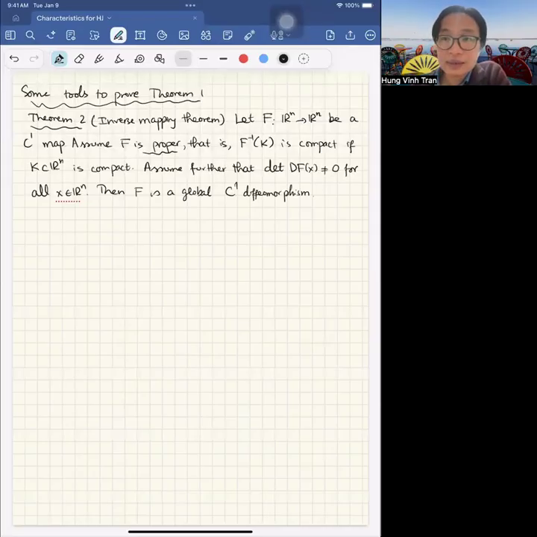And this is often done in multivariable calculus. The local result is clear. For the global result, to have F be a global C1 diffeomorphism, I would again need to assume that F is proper, right? And assume a little bit more: I take a compact set, then it maps to a compact set, and vice versa. If I take a compact set here, it has to map back to a compact set. Okay, so we accept this, and now from this theorem,